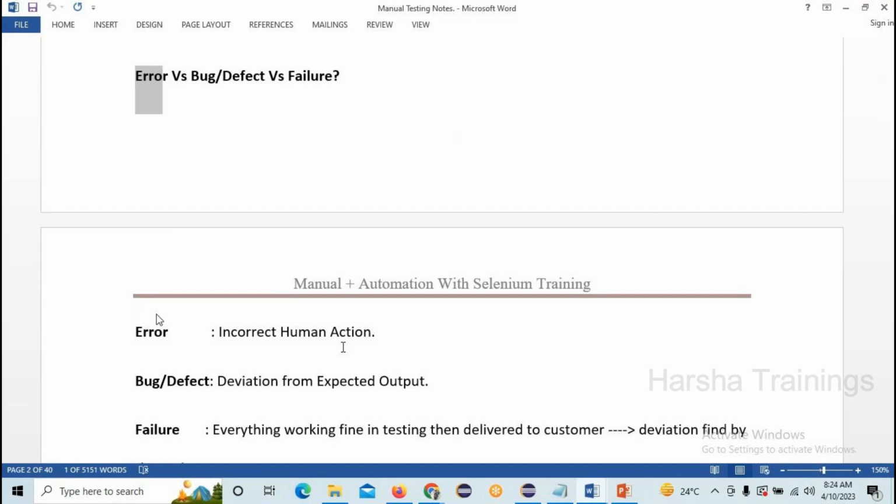The first one is the dev environment, next one is the test environment, and next one is the production environment. Or else we can call it a test environment. Staging environment is nothing but pre-production and production environment. These are the three or four environments we are having in the industry. This product is working fine in the test environment and working fine in the stage environment.